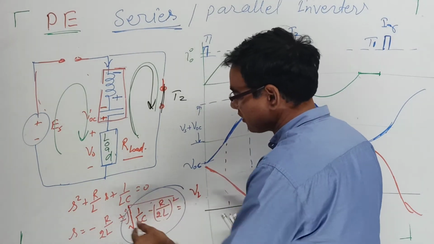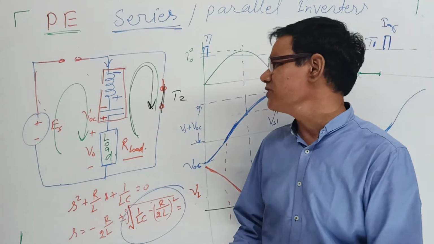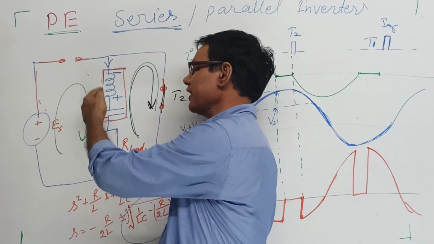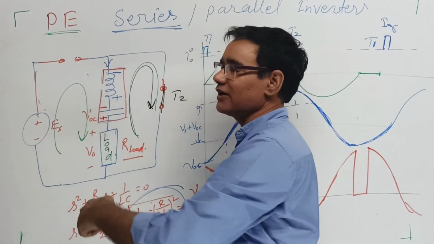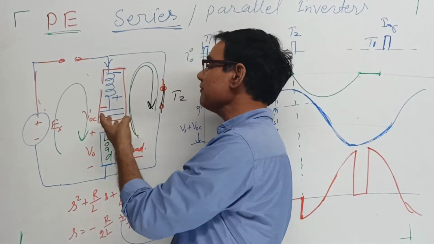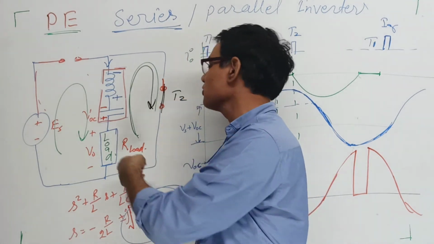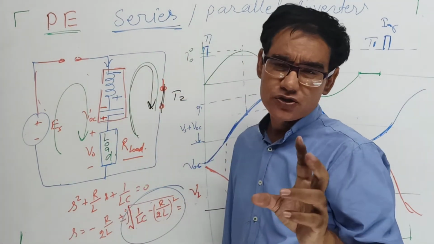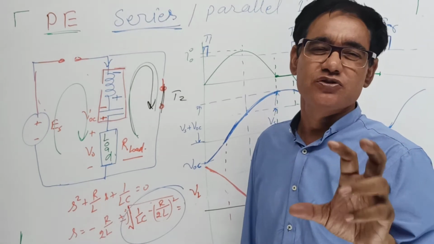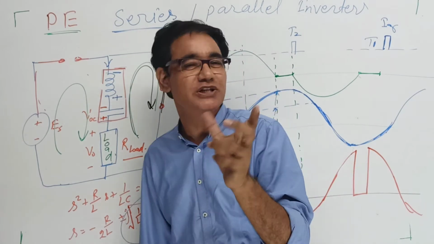This is the limitation of the circuit arrangement. Third, the disadvantage of the circuit is that in half of the cycle there is a current or power flow from the source to the load. In the remaining half, the energy storing elements, the commutating elements, supply the power. So the power in both the cycles does not remain the same, and the cycles are not symmetrical. So it produces harmonics in the output.